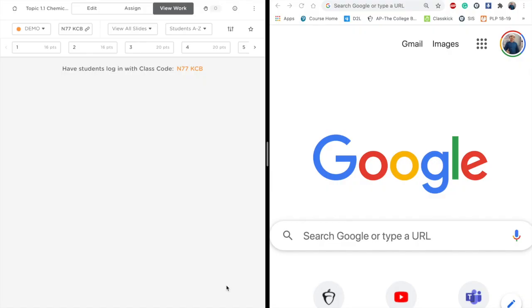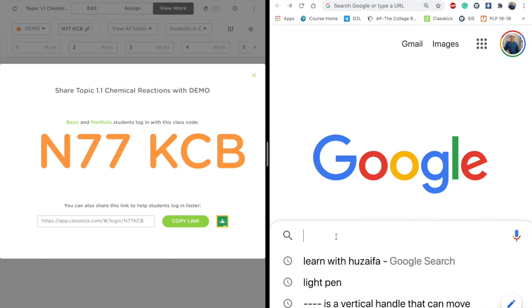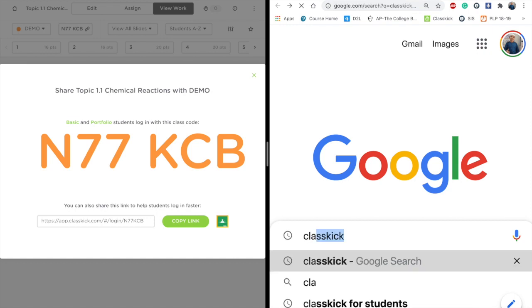Dear students, in this video we will see how to work on Classkick and especially how to answer a multiple choice question. So let us see. Your teacher has given you the code that you see here. This is the code. So as a student you can open the app as well as you can go directly to the Classkick